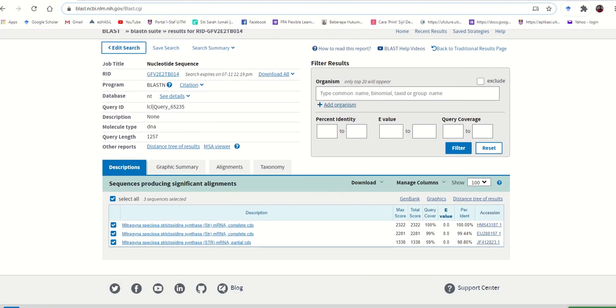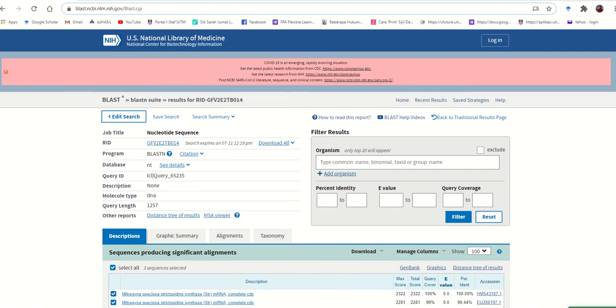You have three sequences, and max score, total score, and query cover. A percentage of identity of 100% means it is the thing that you are looking for. And the E value refers to the expected value, which